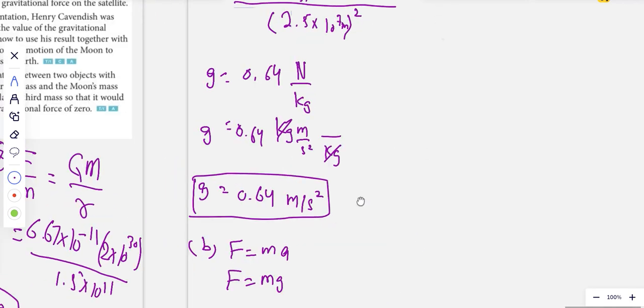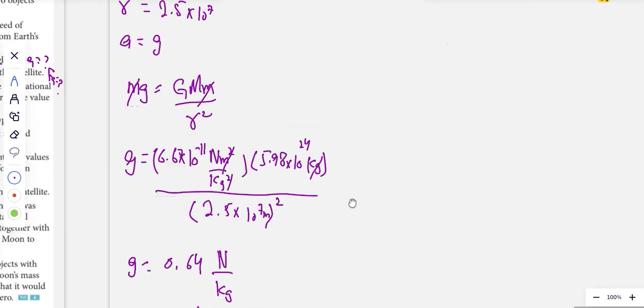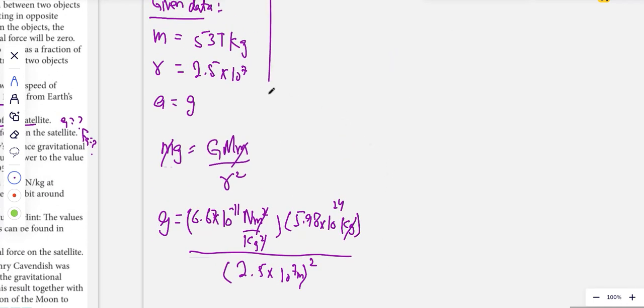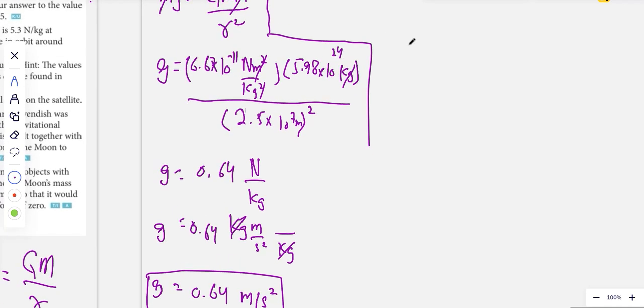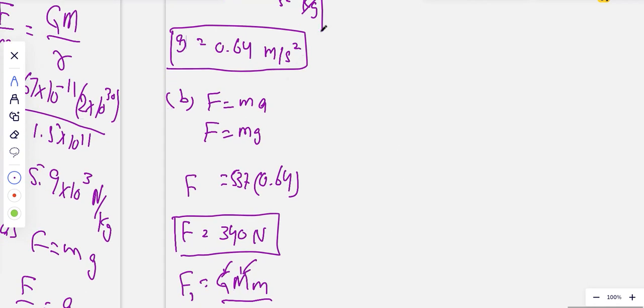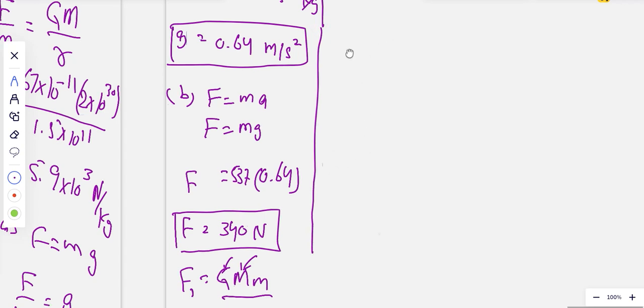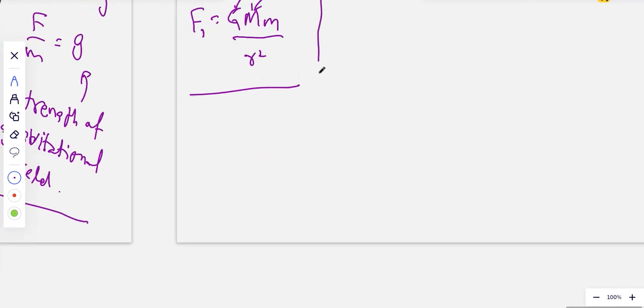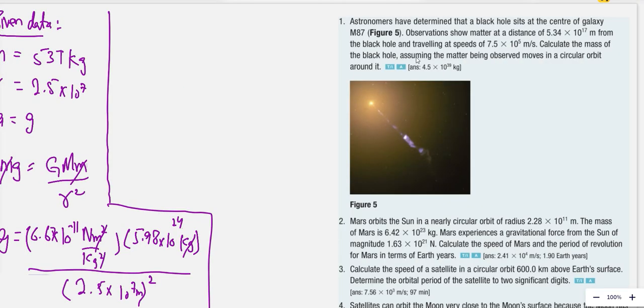Now we are moving to the second homework. Let me paste the questions over here for the second homework, and then we are going to solve that one. As I have pasted this homework, you can read question number 1. An astronomer determined that